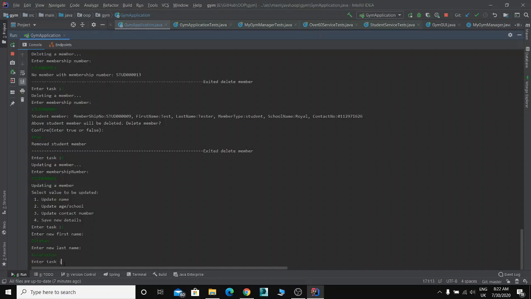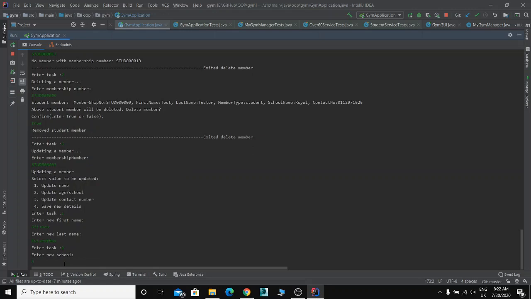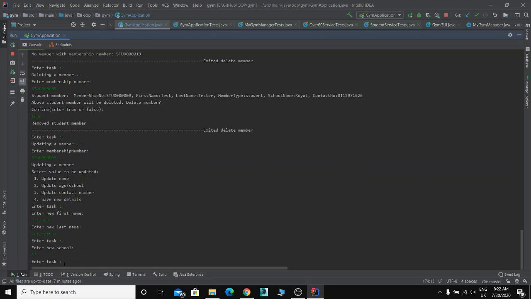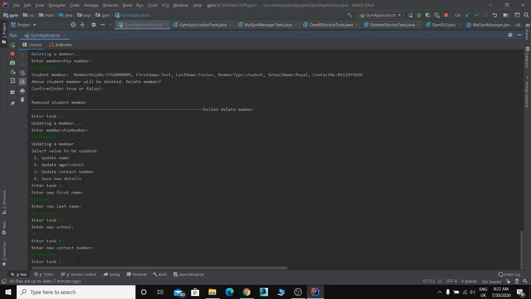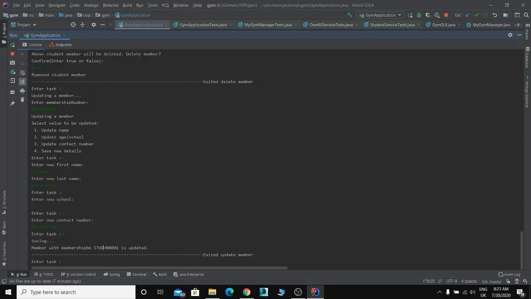Now let's update the school, since it's a student. Let's put OLR. Now let's update the contact number. Now let's save these details. It says the student is updated. Now let's check. Before checking, we'll